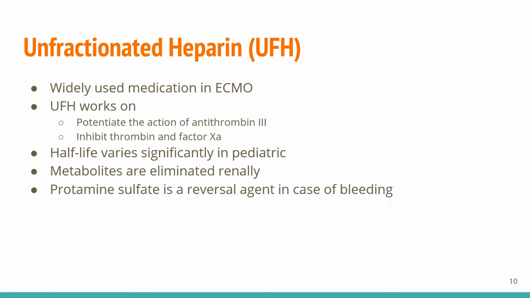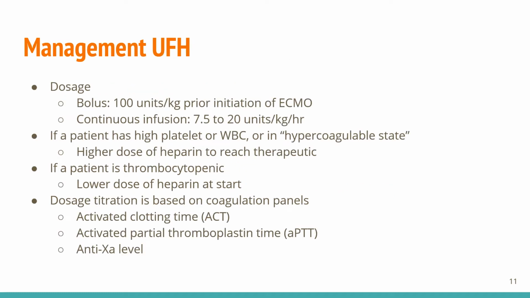The metabolites are eliminated renally. At therapeutic dose, the elimination occurs via a non-renal mechanism. However, at higher dose, the kidney plays an important role, but renal dose adjustment is not necessarily needed in patients with renal impairment. And this drug has a reversal agent, which is protamine sulfate, in case there's a bleeding complication. To manage heparin effectively,